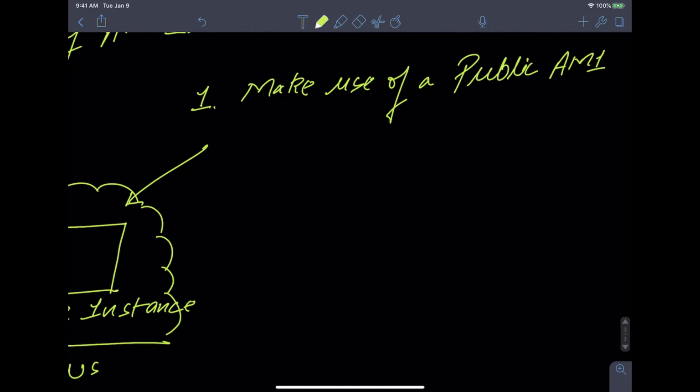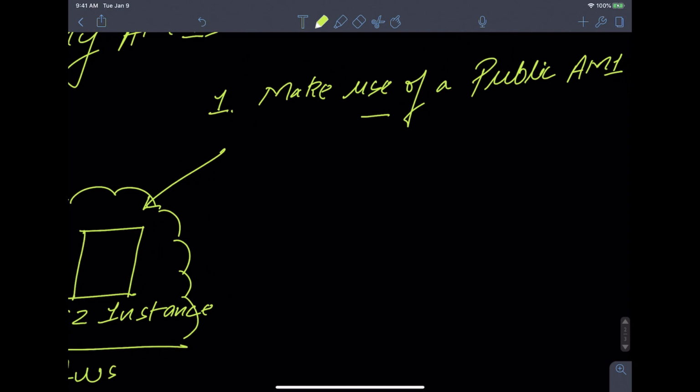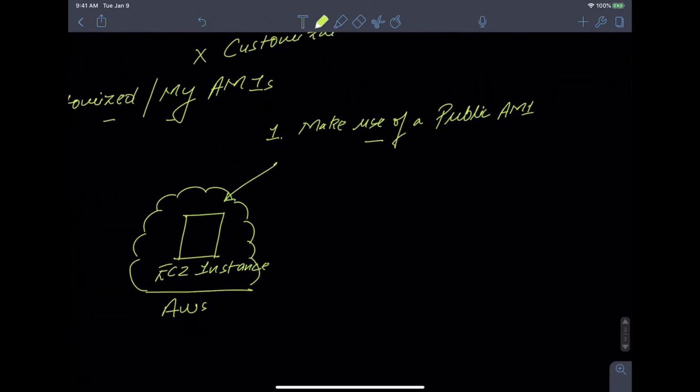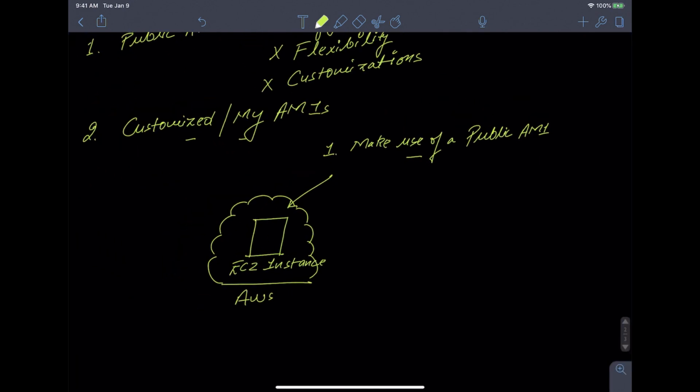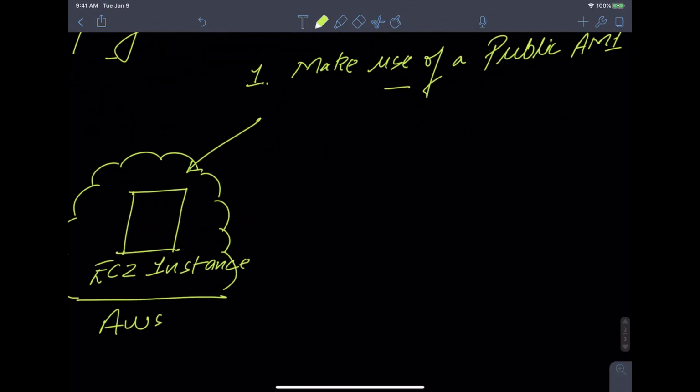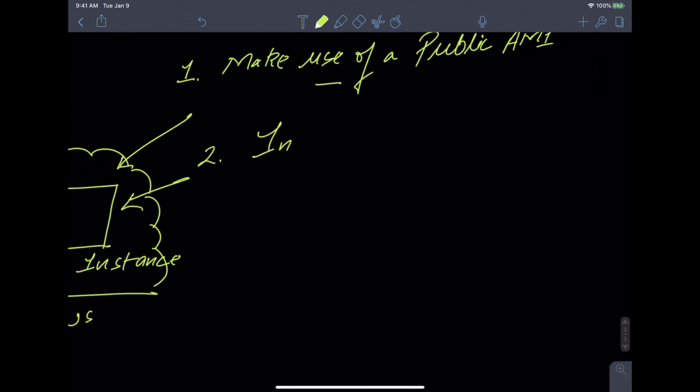You pick any of the public AMIs and you install the operating system, services, applications upon it. That's the first step. Then, in the second step, you have to install